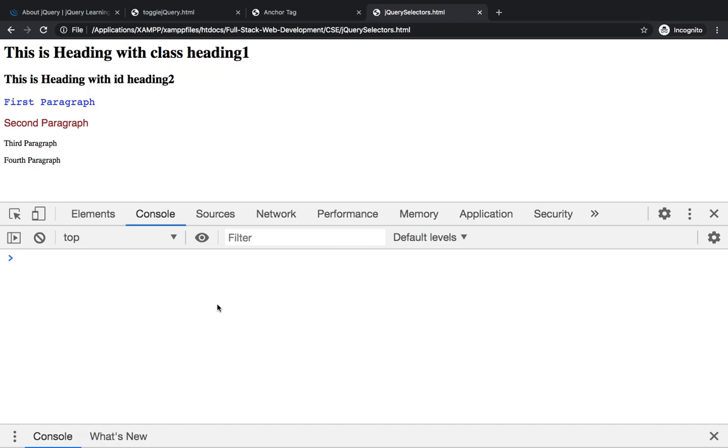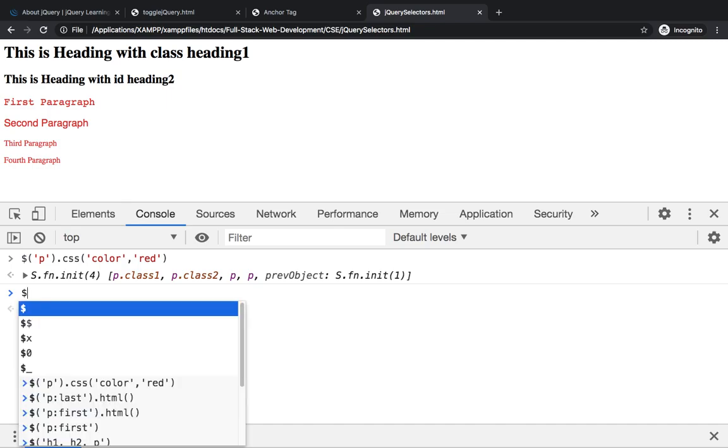Try to add some red color to all the paragraphs. For that we need to select paragraph and use the css function. After that use the property color and add the color red, and you can see all the paragraphs are changed to red color.